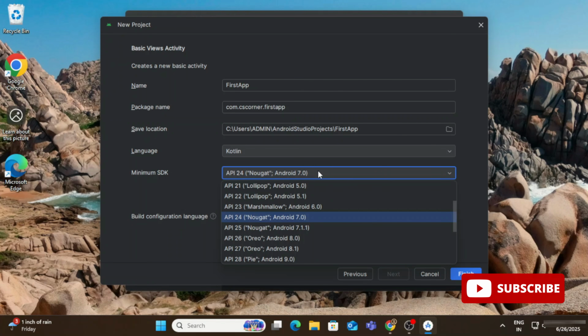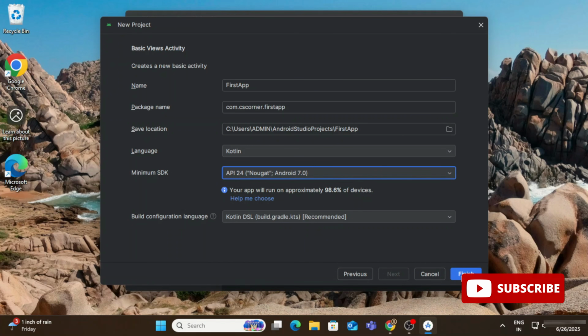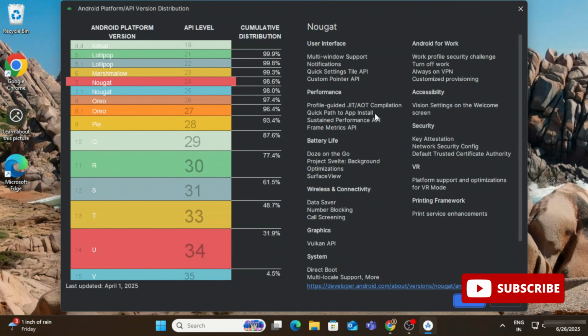So I'm just clicking on learn more, and it's showing me different Android platform versions, API levels, and the percentage distribution. If you see the latest Android, the percentage is lower, because fewer devices are supported or created on this Android platform. Here I'm selecting Android platform 7 because it is supporting around 95.4% of devices. You can take a greater version than that also, that will be okay.